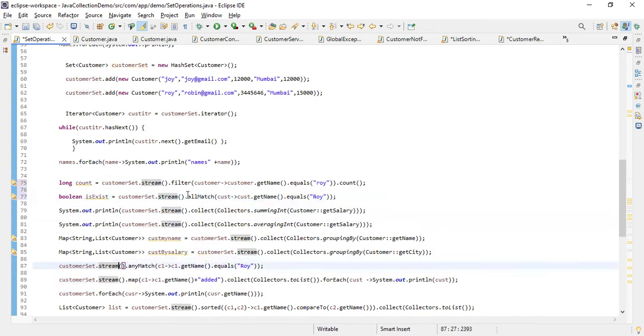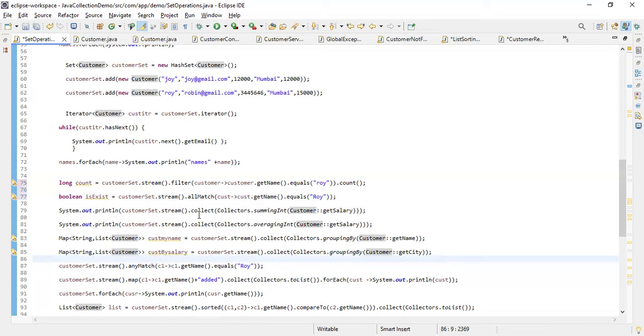Now, if you wanted to get the total of the salary, you can use Collectors dot summingInt and specify the total salary, which is paid to all the customers or maybe employees. It will return that total salary. If you wanted to get the average salary, then you can use average.